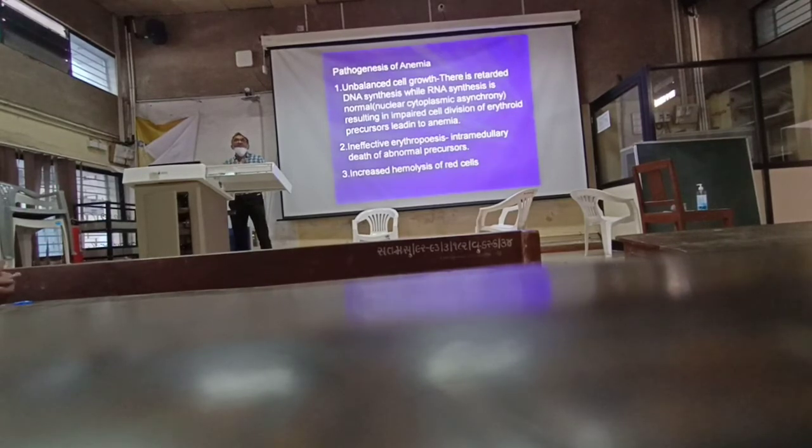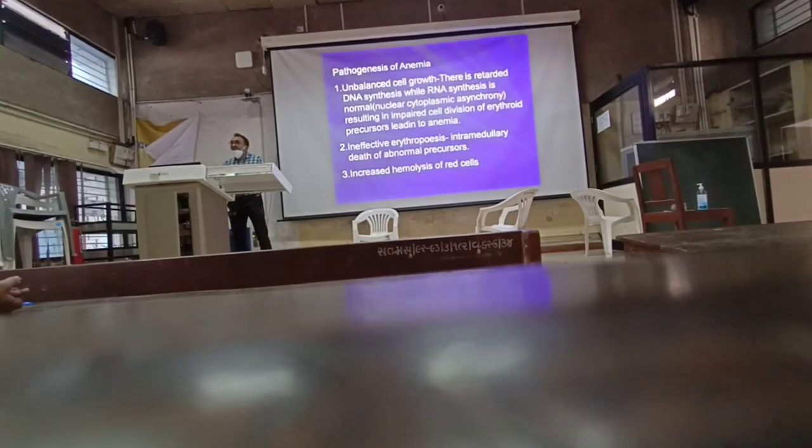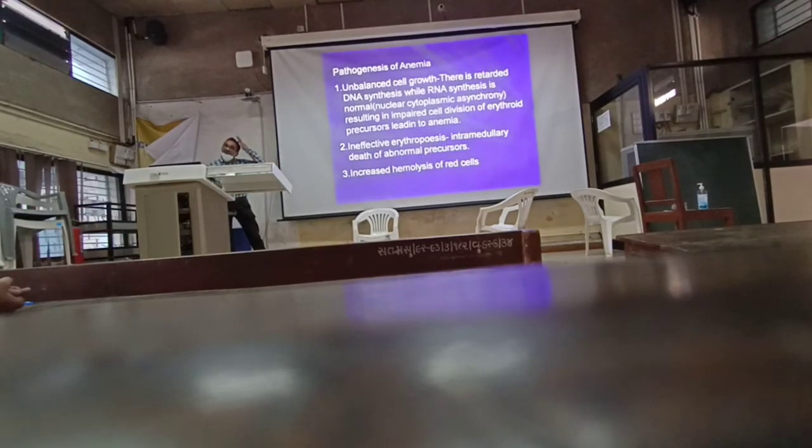So there is a false reticulocyte count, that is 3, 4, 5, even 10% reticulocyte count can be there. But when you correct it with the PCV, packed cell volume, then it will be less than 2.5. That is an impaired production anemia. So the corrected reticulocyte count with the PCV is less than 2.5 in case of impaired production and more than 2.5 in case of hemolytic or excessive destruction anemia. Okay, that is also a very important thing.